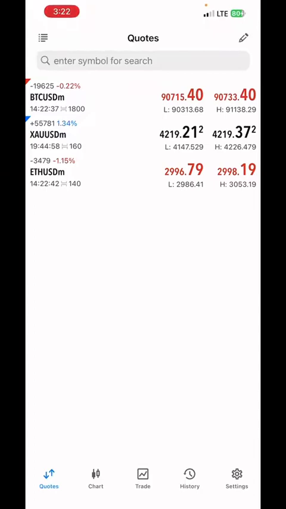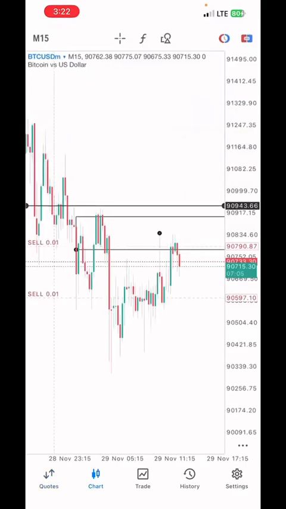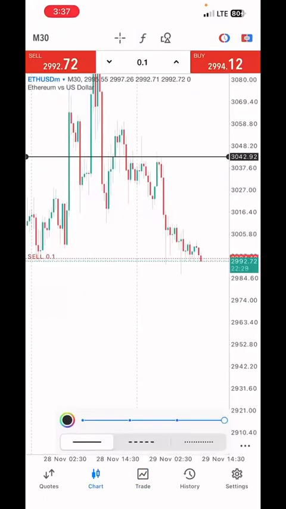This is a tutorial on how to place trades, how to buy and sell in MT5. I'm going to be talking about how to set your stop loss in the market, how to change and modify your trade. So, as I was saying,